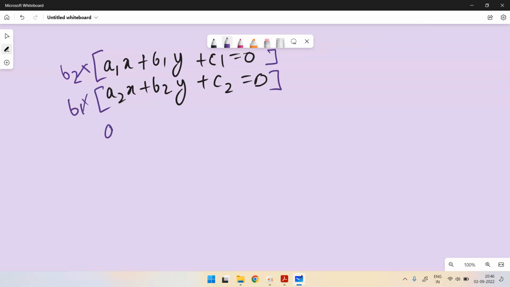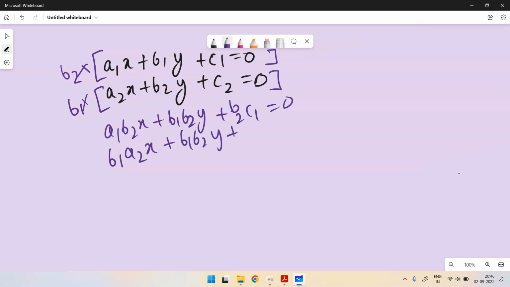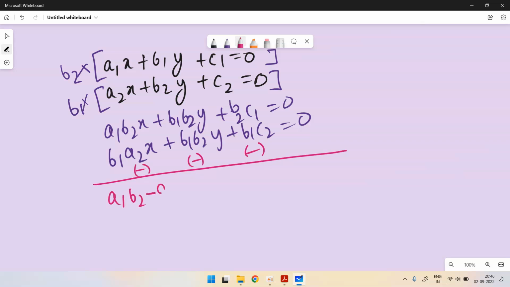So doing this, I will be getting a1 b2 x plus b1 b2 y plus b2 c1 equal to 0. And this is b1 a2 x plus b1 b2 y plus b1 c2 equal to 0. So if you subtract these two, you will get a1 b2 minus a2 b1, I'm adding a first and b after that, times x, and this b1 b2 gets cancelled, and this is plus b2 c1 minus b1 c2